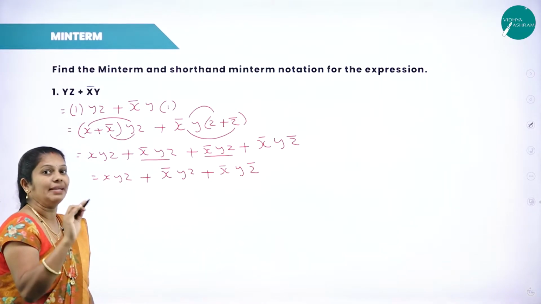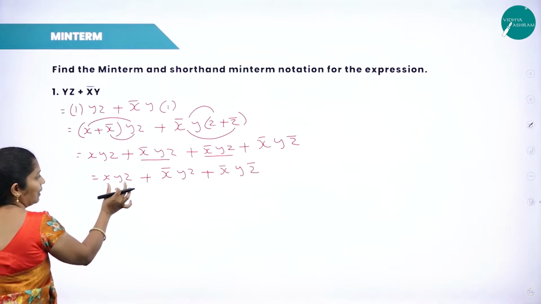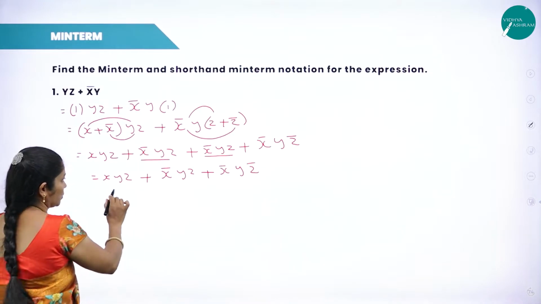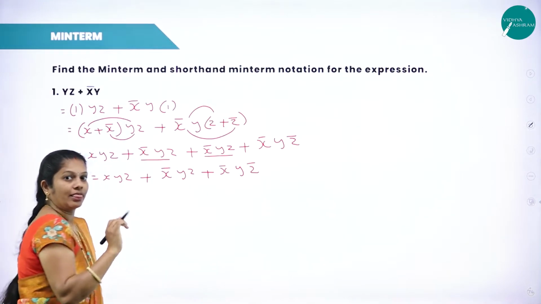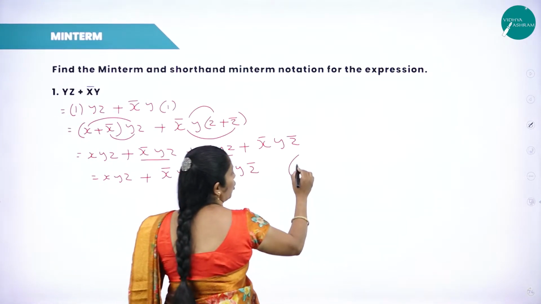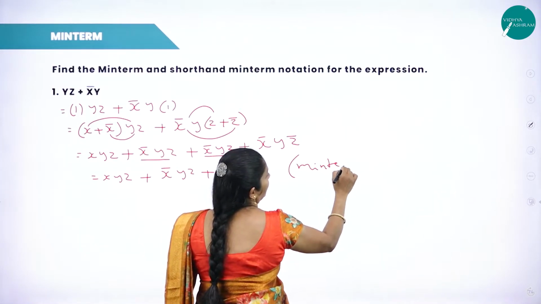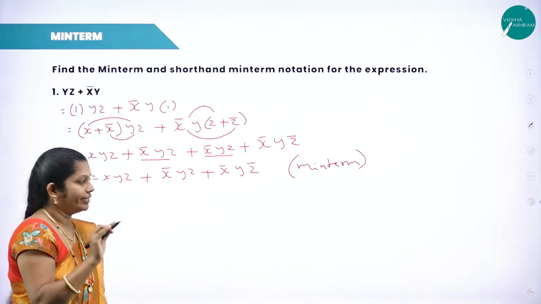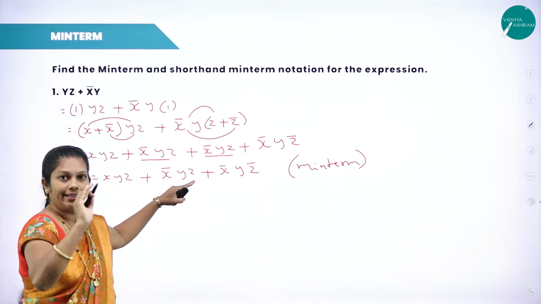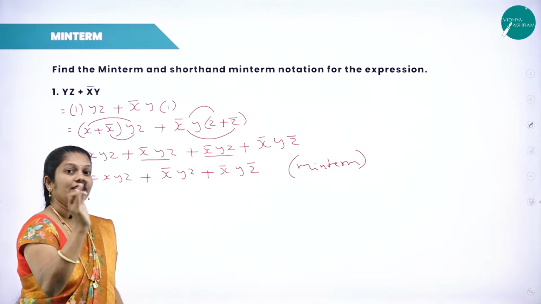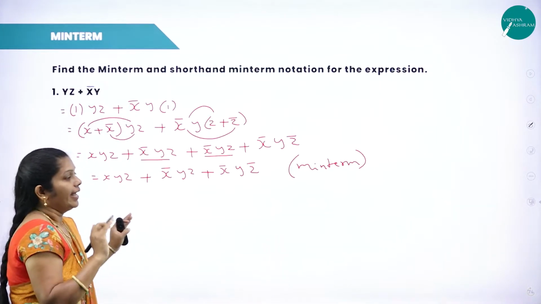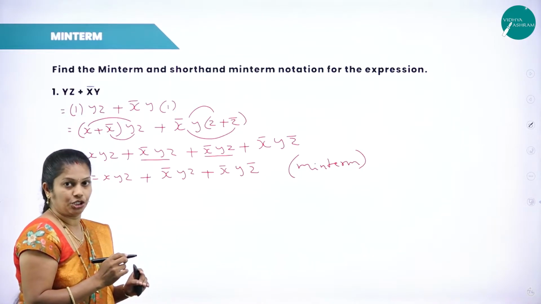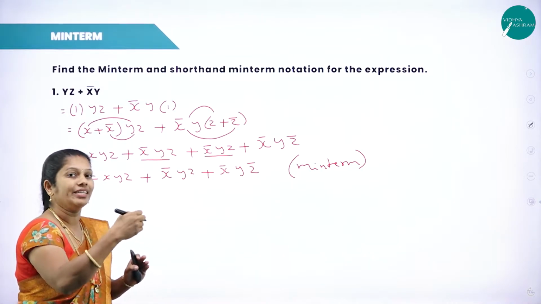This is nothing but min term notation. Each part contains all the 3 variables: x y z, x bar y z, x bar y z bar. Now it is in min term form. In the question, if they ask to find the min term only, if you write this, it is enough. If they are going to ask, find the shorthand notation for the expression, find the shorthand min term notation,